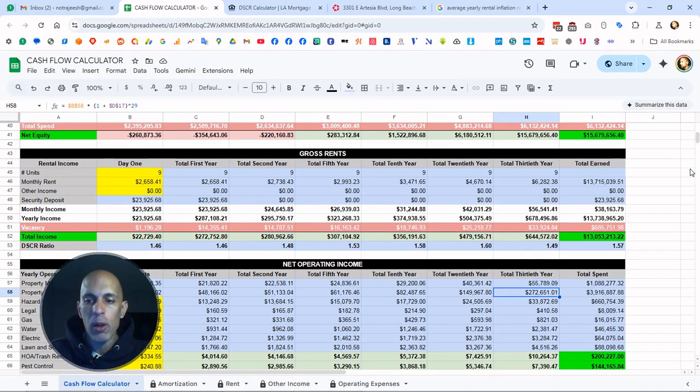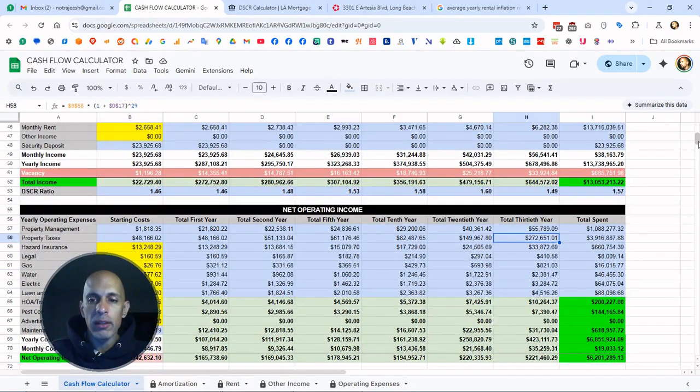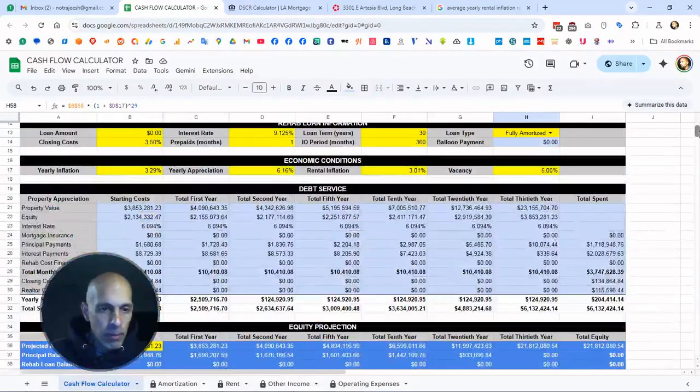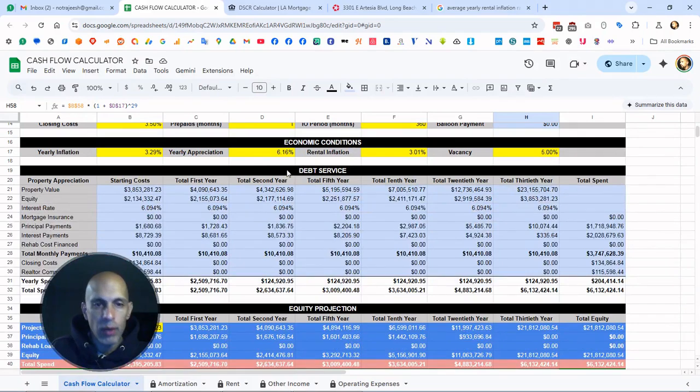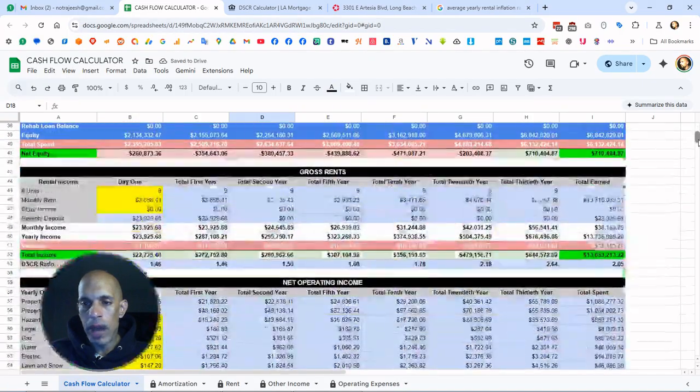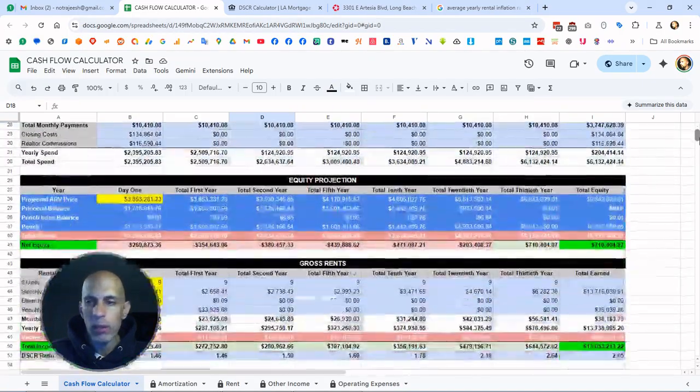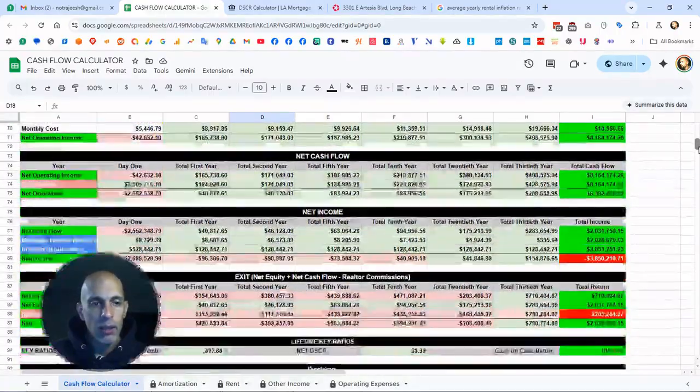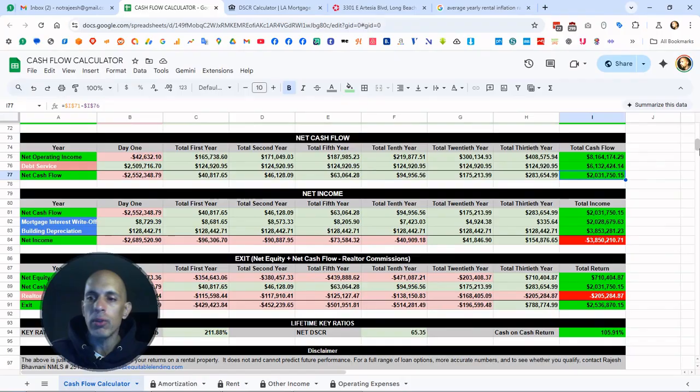And California can always change its laws. California's voters can always vote to lift this. They don't know how good they have it when your property tax is limited to an increase of 2% every year. And remember, the property here is shown as an appreciation of 6.16. So if we want to know what we're actually getting as far as cash flow, we just update that yearly appreciation to 2%, and then we can see what our cash flow will be. It'll actually be closer to $2 million